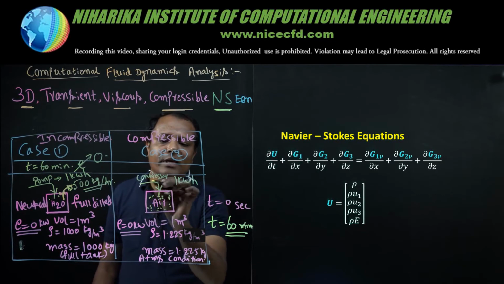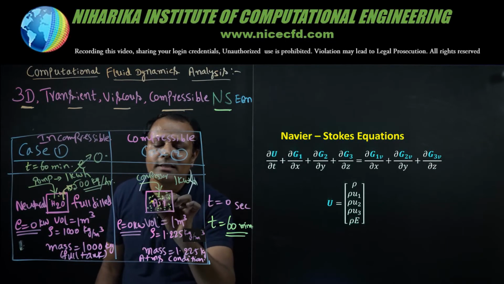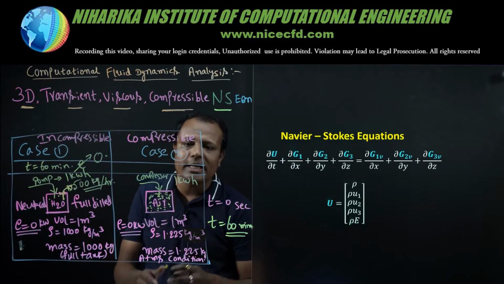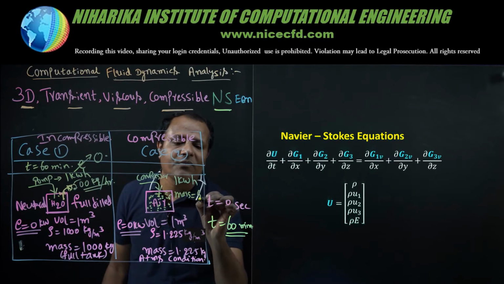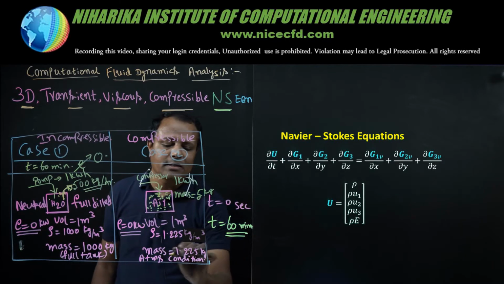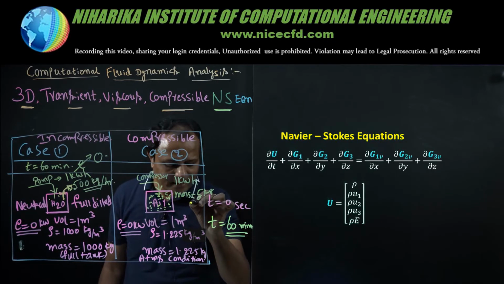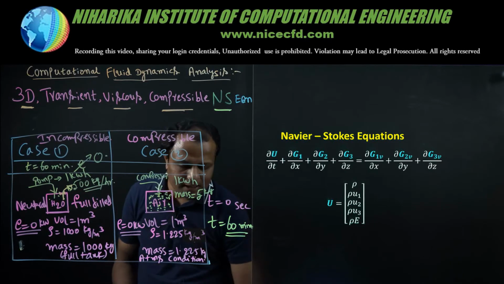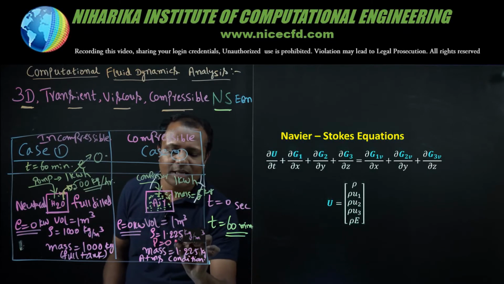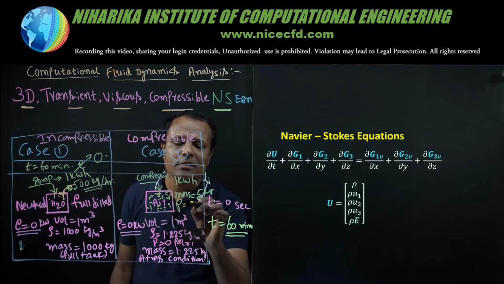Till as and when you continuously switch on the compressor, what will happen? Mass accumulated inside the tank will change. Let us say at the end of 60 minutes, the mass accumulated is 5 kg. At 0 second, 1.225 kg. At the end of 1 hour, mass accumulated in the tank is 5 kg. At time t0 second, what is the pressure? 0 Pascal gauge. At the end of 1 hour, let us say the pressure is 2 bar gauge.